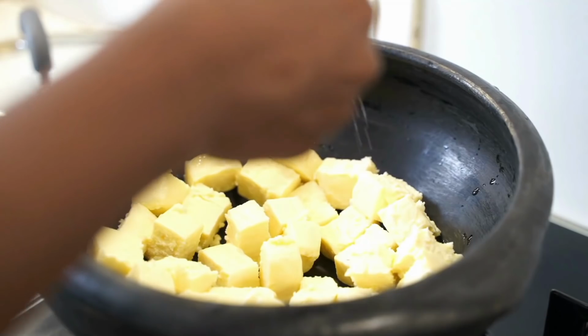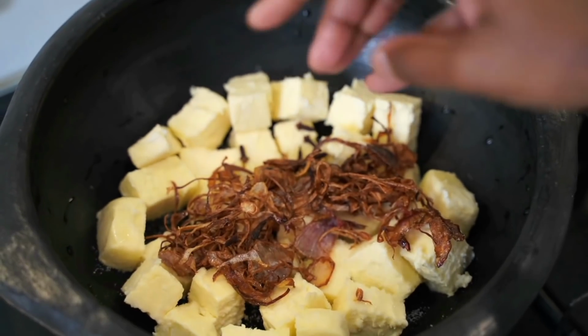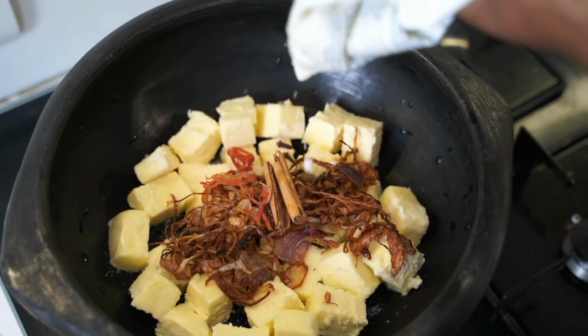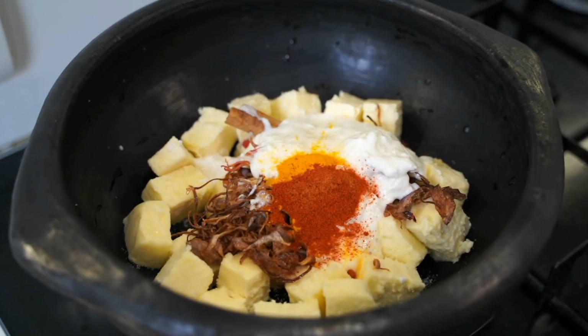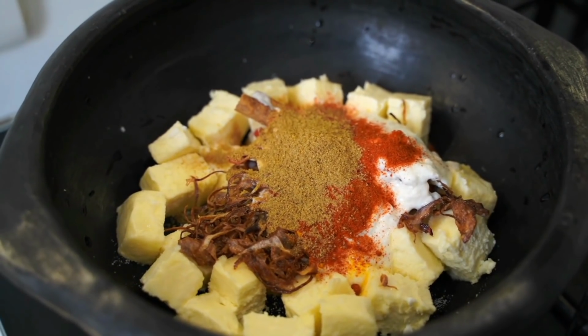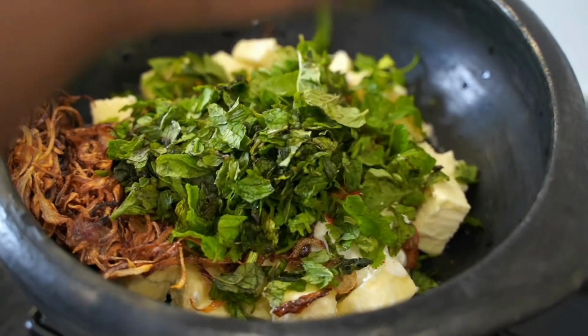Adding salt as required, 3 cardamom and also the fried onions, 6 cloves, 2 cinnamon stick, 2 Jaathi pathiri, this is nothing but the skin of nutmeg, 1/4 cup of curd, 1/4 teaspoon of turmeric powder, 2 teaspoons of chilli powder, 1 teaspoon of coriander powder, 1/4 teaspoon of garam masala, handful of coriander leaves and a handful of mint leaves,